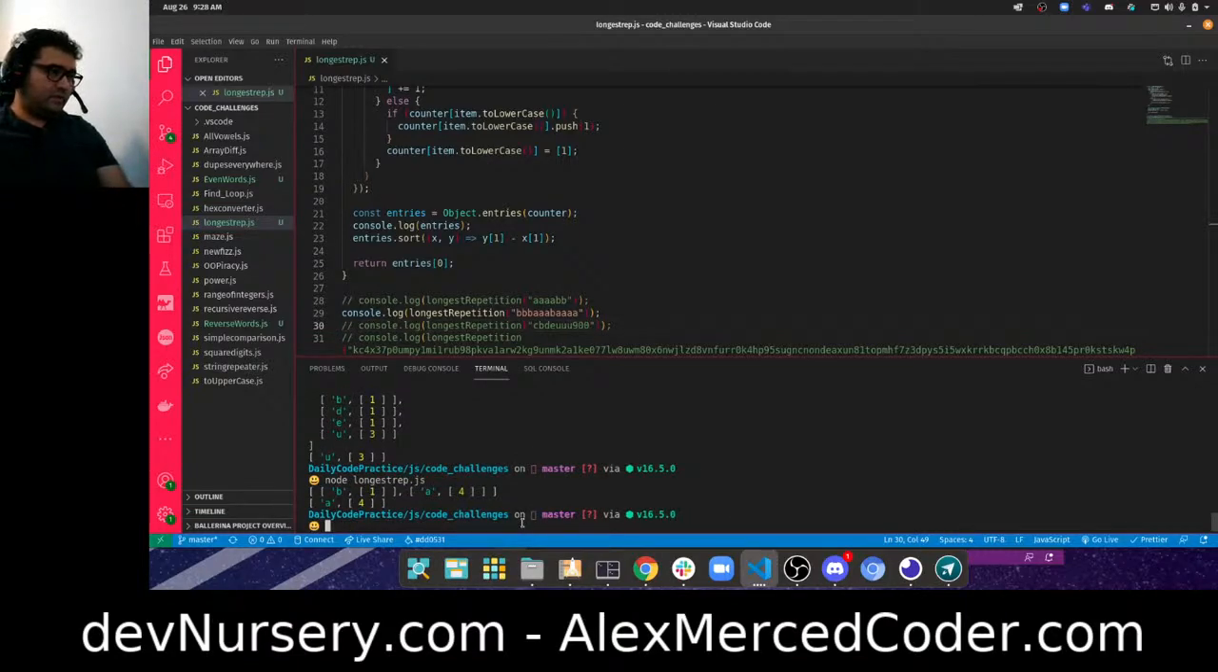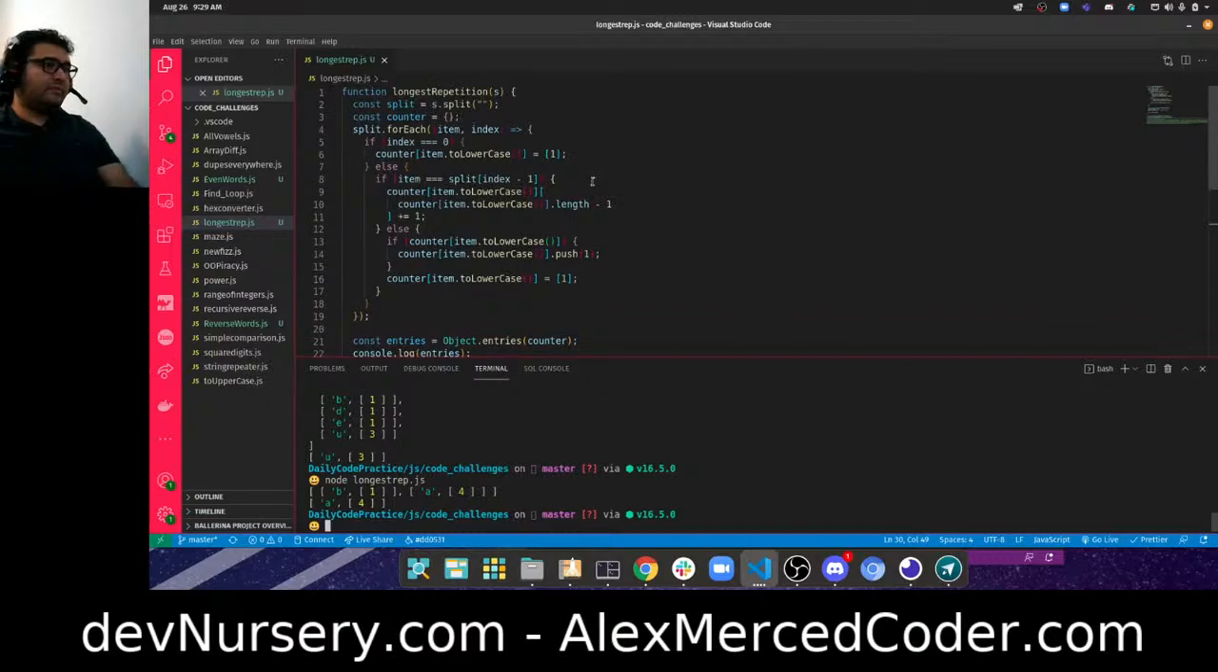A4, A4. Seems like it's still working based on the old logic. So let's see here. Let's walk through this again. Okay, so I loop through each letter. Now, if it's the first index, we're just making that equal an array of 1. If it's not the first item in the array, then we're checking, hey, does the item equal the index minus 1, which would be the previous letter, so it's consecutive. If it does equal the previous letter,